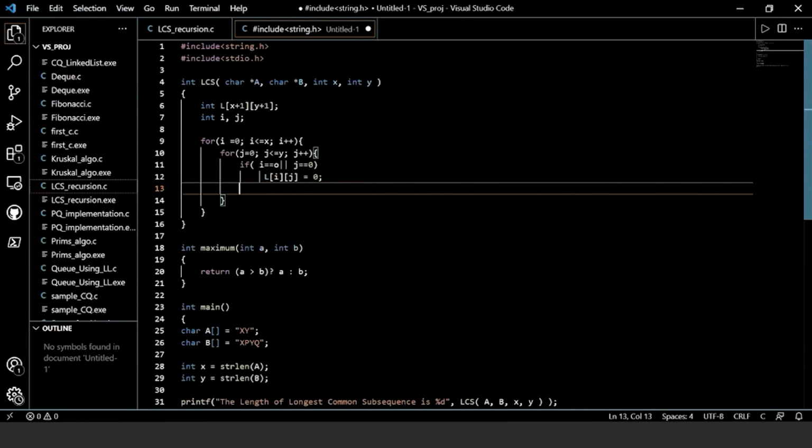If this condition fails, then we'll check if the last characters match with one another. If they match, then we will return 1 plus both array fields reduced by position 1. For that, we'll write condition else if a of i minus 1 equal to b of j minus 1,